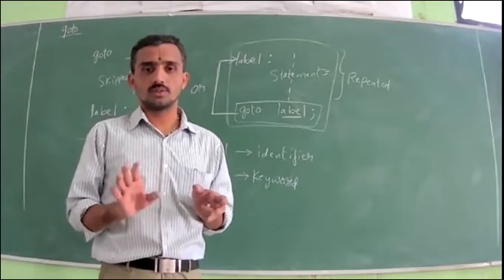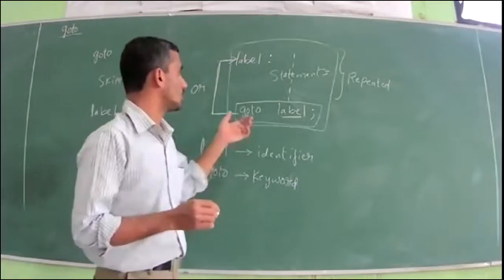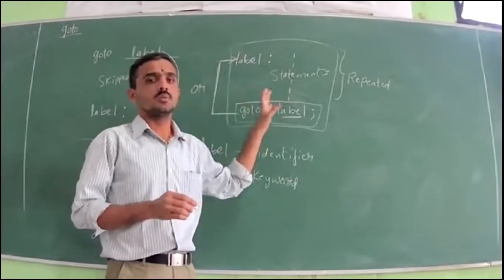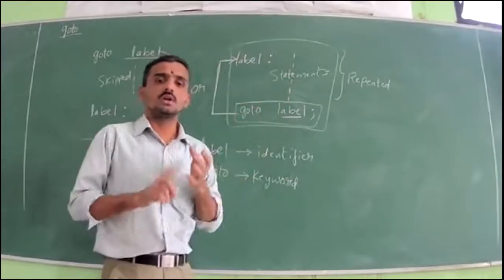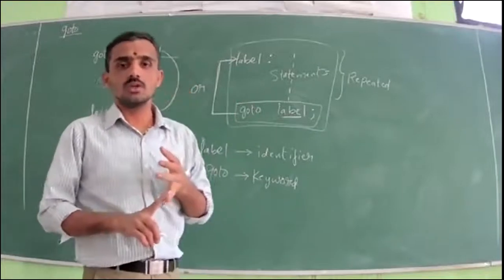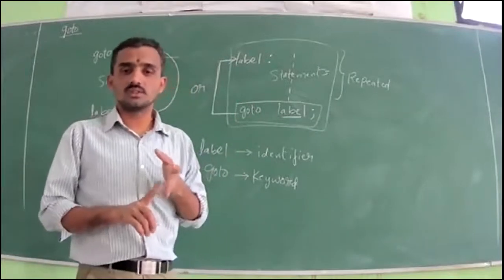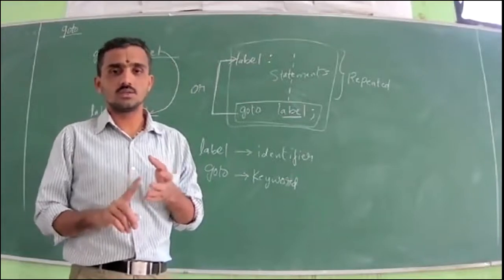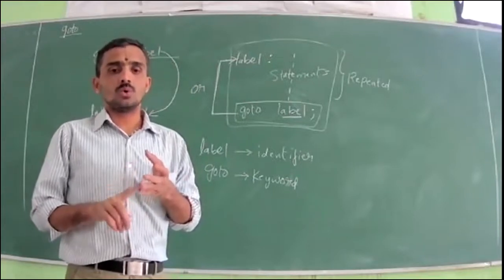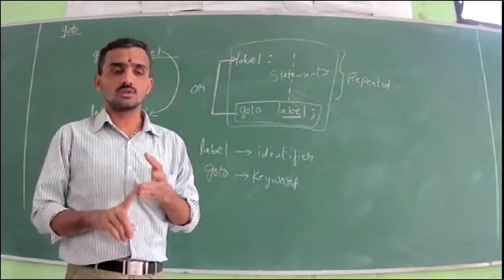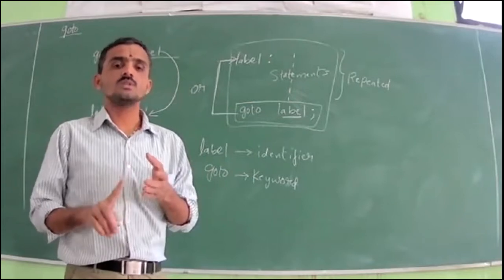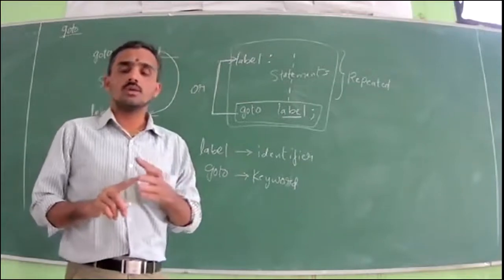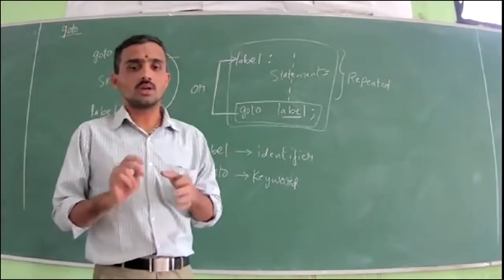The program will never stop. In case of goto also, if you don't use the condition, this statement keeps on repeating its execution. The program will never stop. So in case of continue and in case of the goto keyword, the program will not stop its execution if you don't use the condition. Understand this. In case of goto and continue, the program will never stop its execution if you don't use any condition. In case of the break keyword, if you don't use the condition, anyway that will terminate the loop.